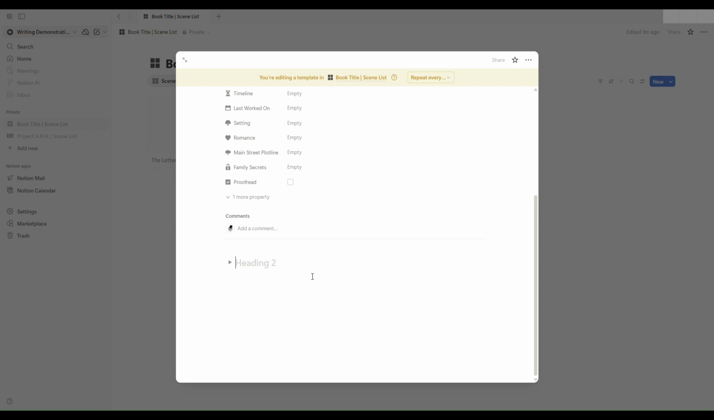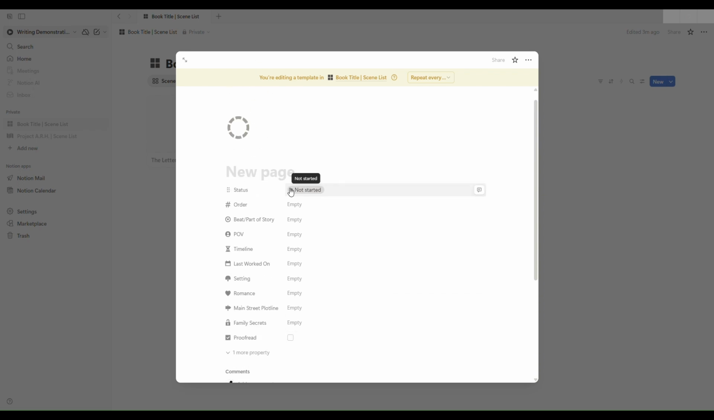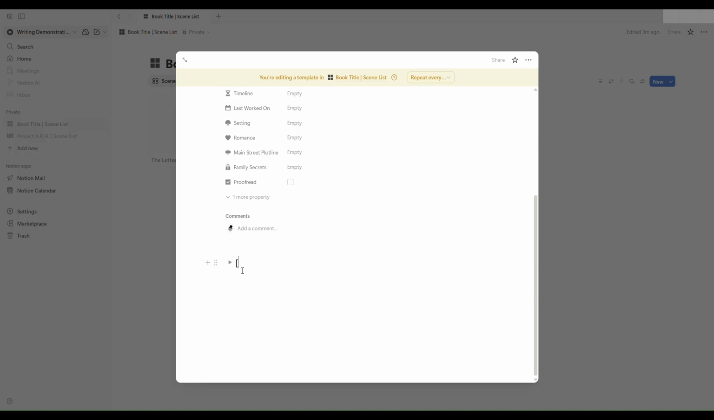Now this is where we're going to add the title of the page. Again, I left that blank because it's going to be different every time. So here I'm going to basically leave it blank as well, but I'm just going to write in the title. You can add the POV if you have different POVs, and you might want to also write in the timeline. I'm just going to write etc. here. Anything that's going to help you identify